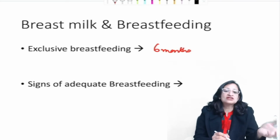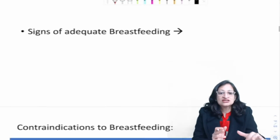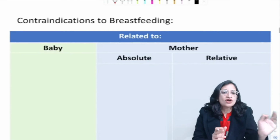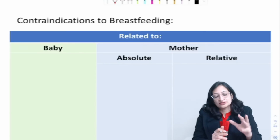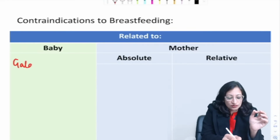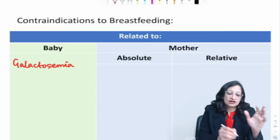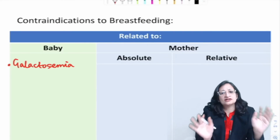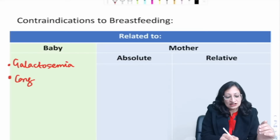Gaining weight, sleeping peacefully after a feed for at least 2 to 3 hours, and passing urine 6 to 8 times a day, those are the signs of adequate breastfeeding. Now, what are the contraindications to breastfeeding? There are some contraindications related to the baby, and some related to the mother. Very important. Related to the baby, if it is a confirmed case of galactosemia, the baby is not able to digest lactose. Lactose contains glucose and galactose. In galactosemia, breastfeeding is contraindicated. Any form of milk for that matter is contraindicated in galactosemia, so you have to use lactose-free formulas. And if the baby has congenital lactose intolerance,